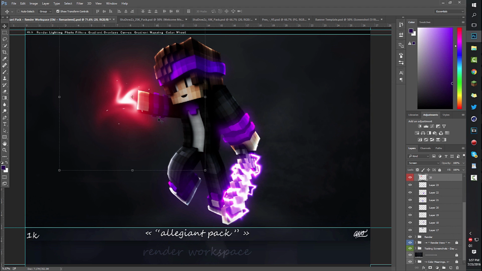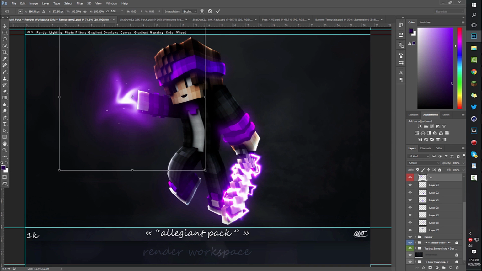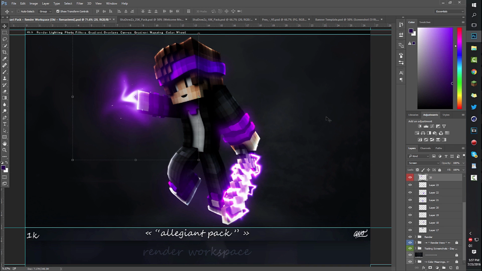Now I'm going to change the color of it. You can use this for anything. Go to image, adjustments, hue/saturation, and change the hue. Now when you move it, I would normally make it match the other colors around it. And now that you have that, I would resize it, position it how I want it, move it a little bit closer to the hand so it looks like it's coming out of the hand,